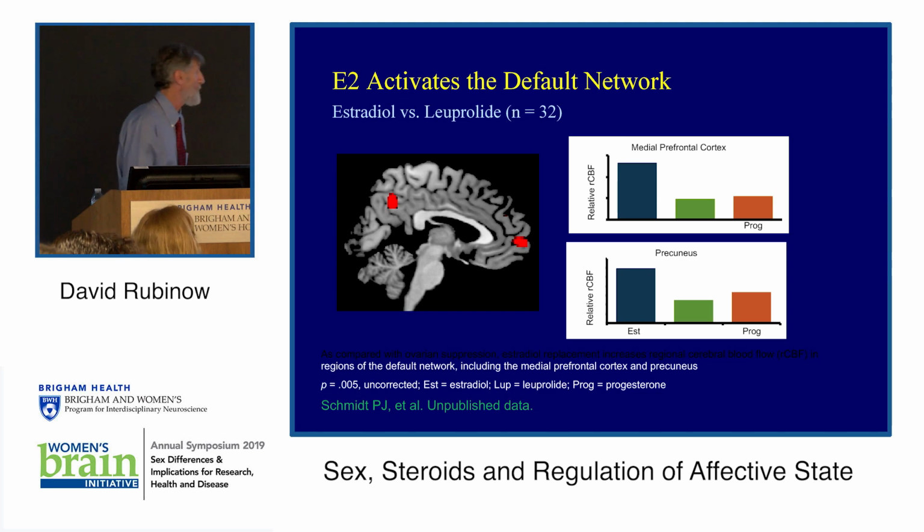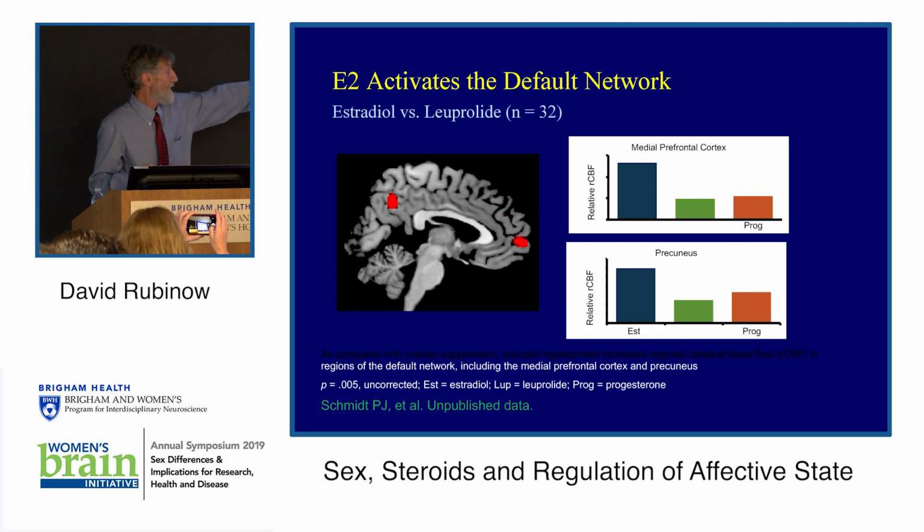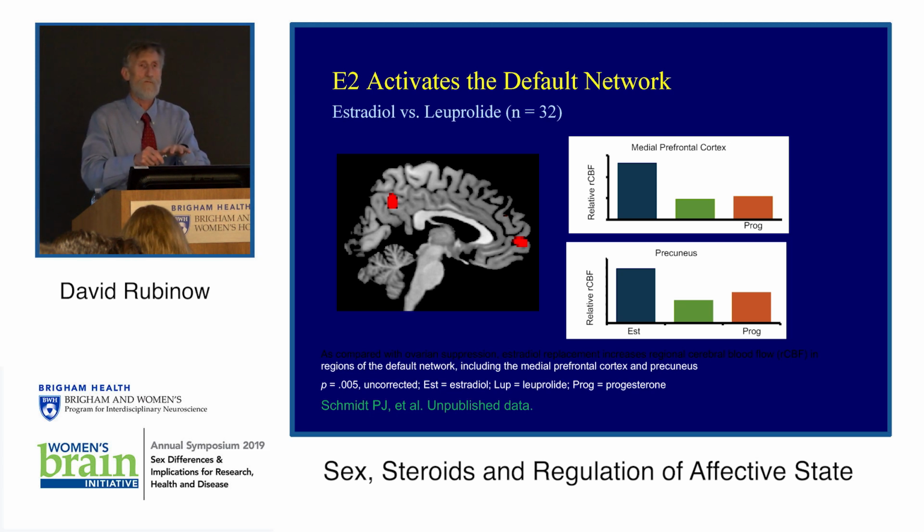This is data from Peter Schmidt. Peter and I have used, and this, by the way, is also from Karen Berman, a model in which we administer leuprolide acetate, we shut off ovarian function, then we add back estrogen in isolation for 4 weeks, and then progesterone in isolation for 4 weeks. And here you see 2 nodes of the default mode network, the medial prefrontal cortex and the precuneus. You see them substantially more activated under estrogen than